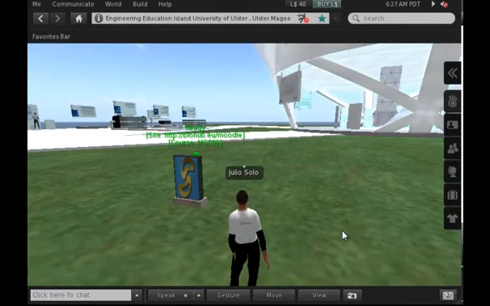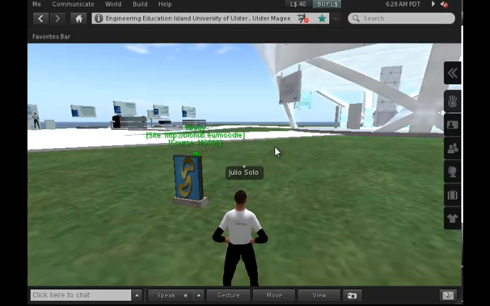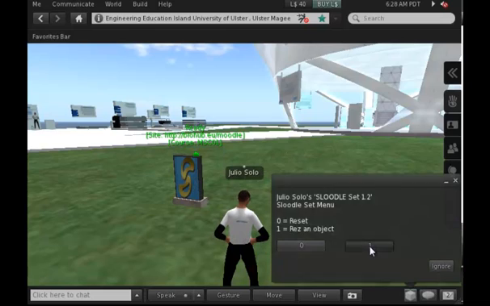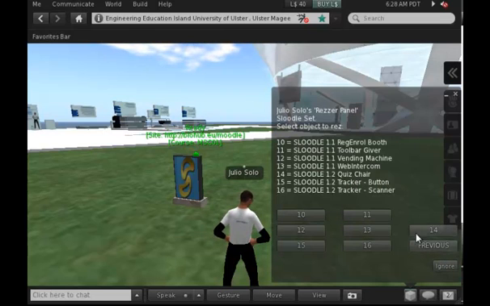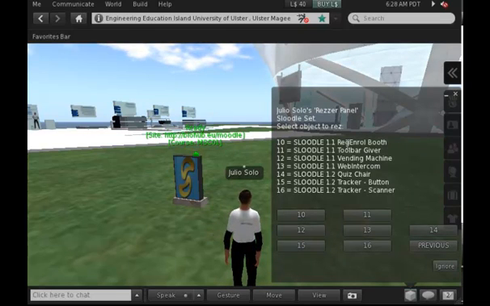The process of configuring a SLOODLE object is very similar to what I've just done. The first step is the creation of the object itself using the SLOODLE set. To do so, we click on it, we choose Rez an Object, and we get now a long list of tools that can be created just by clicking on the corresponding button. I'm going to create a registration booth, which allows me to link my avatar in Second Life to my Moodle account. So I click on number 10